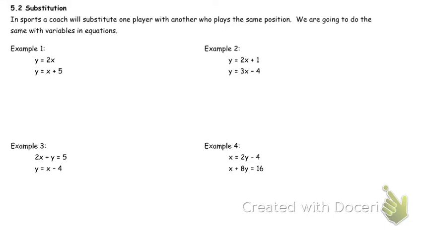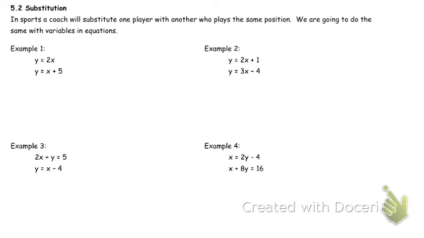Thursday, the 7th of January, you will be able to solve systems by substitution, section 5.2. In the previous section, we learned how to solve systems by graphing. We figured out where they intersected. Same idea: we're going to figure out the solution where the equations overlap. If you graph it, it's where the intersection is, but this time we aren't going to use graphs. It's just whatever x and y combination works for both